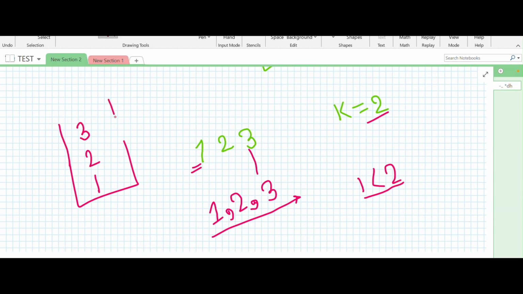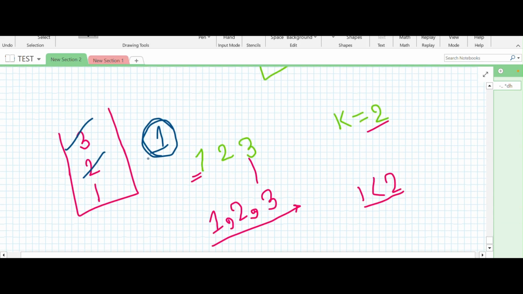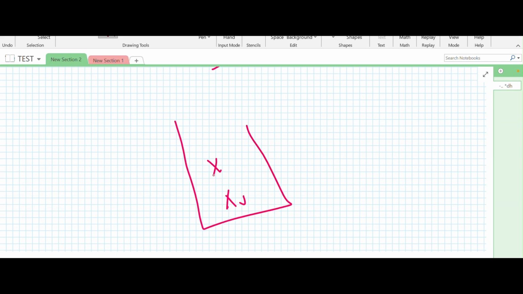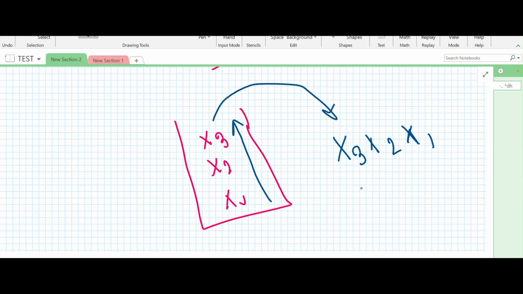but after that if k is remaining, we just have to remove k elements, so we just remove 3 and 2, and my smallest element is 1. Okay, so after removing all the cases, we just have to take out the elements from the stack. Let's assume there are elements like x1 x2 x3 in the stack after performing all operations. So whenever we remove from the stack, the string becomes x3 x2 x1. Okay, but we need this sequence, so after removing all the elements from the stack, we just have to reverse the